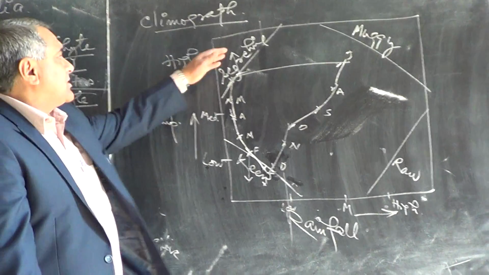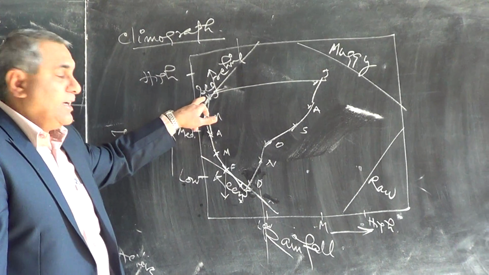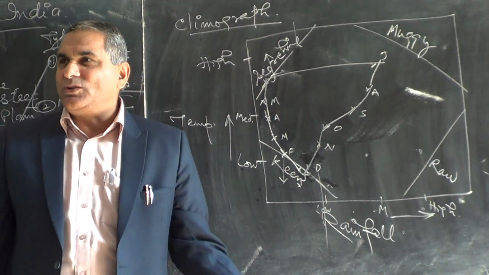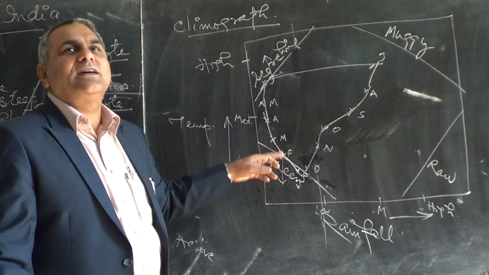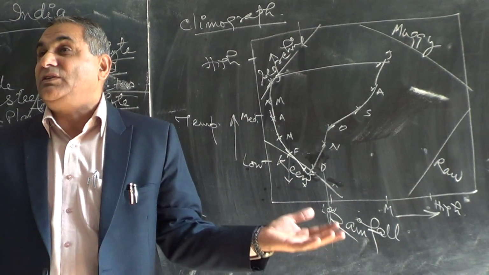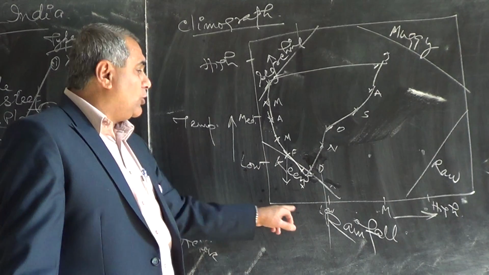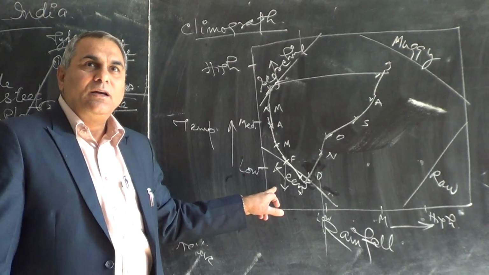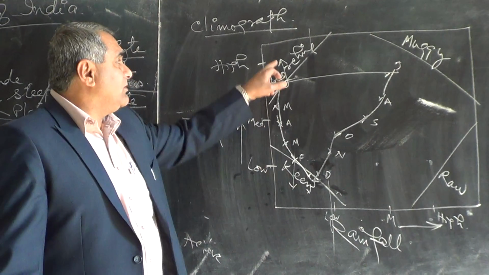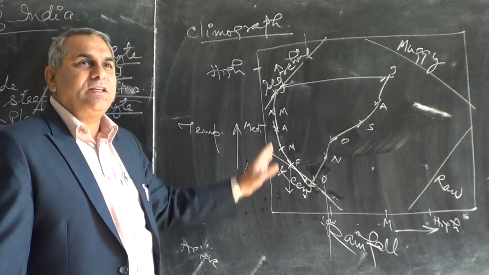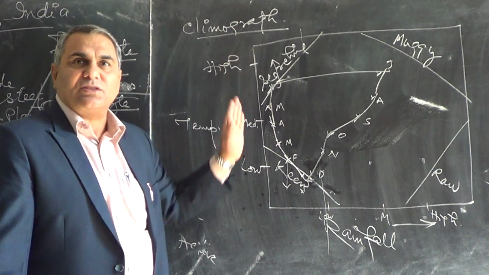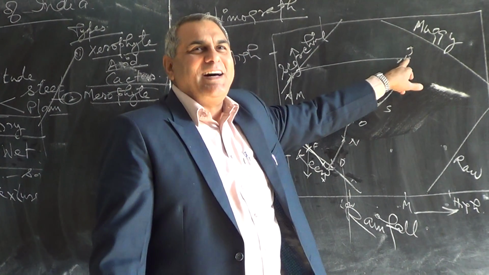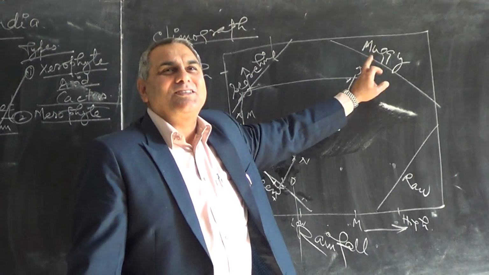So extreme temperature. Sometimes we have very scorching conditions in Delhi, sometimes very keen. Last month, the month you are passing over, you have come out a little and got a little relief. What was the last week? It was completely dry and low temperature. No rainfall, low temperature. What do you call it? Keen. You are in keen condition. And when it is June, it is scorching. When the loo starts, we head towards scorching condition. And when the rain is there, temperature remains high, but moisture is there. So we head towards